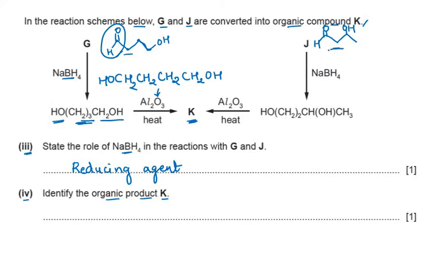Now what about the compound J, which has undergone reduction? I'm drawing this part here down to simplify the structure. So I'm drawing CH2 twice. Then we have CHOH. So here is CHOH. And then at the end CH3. So I'm drawing CH3 here, and this alcohol part is left.